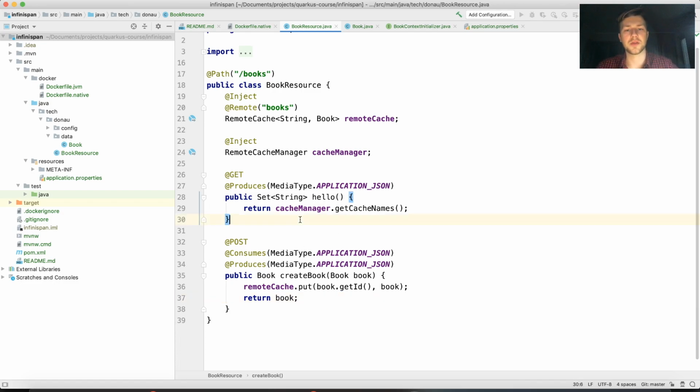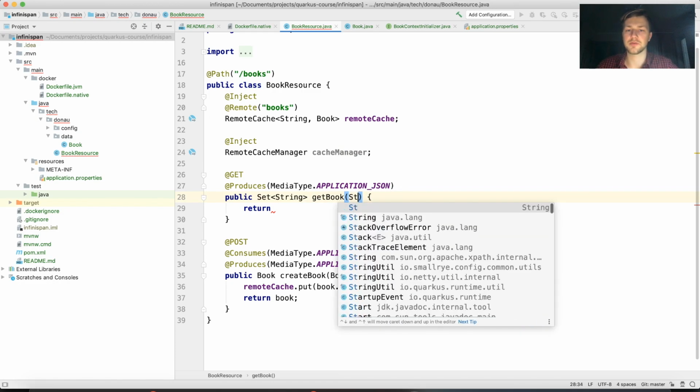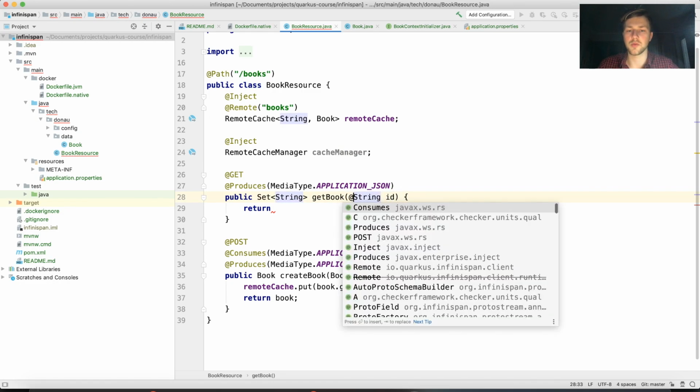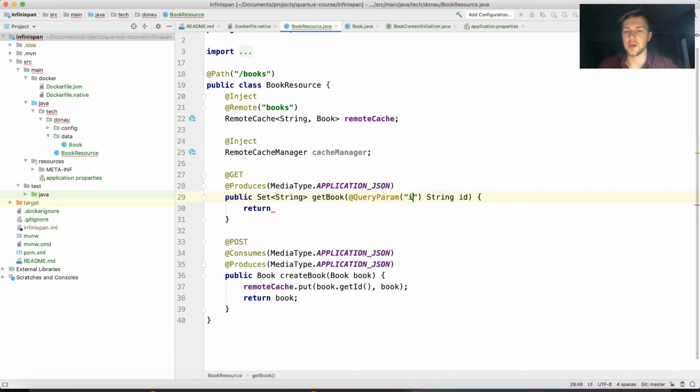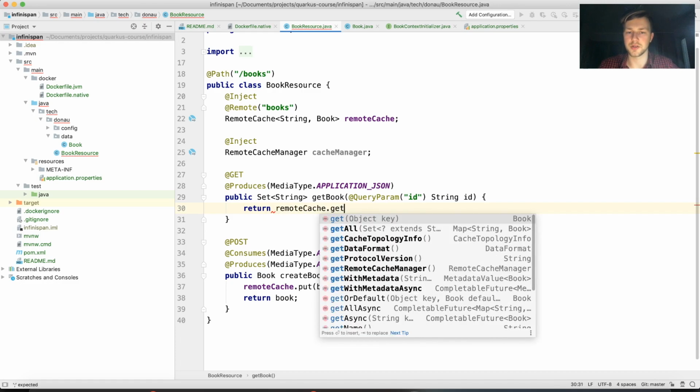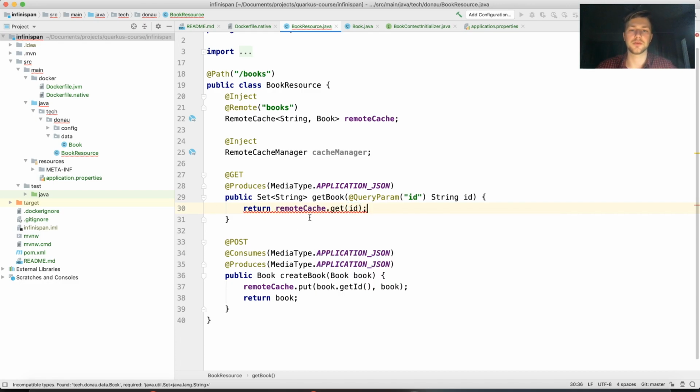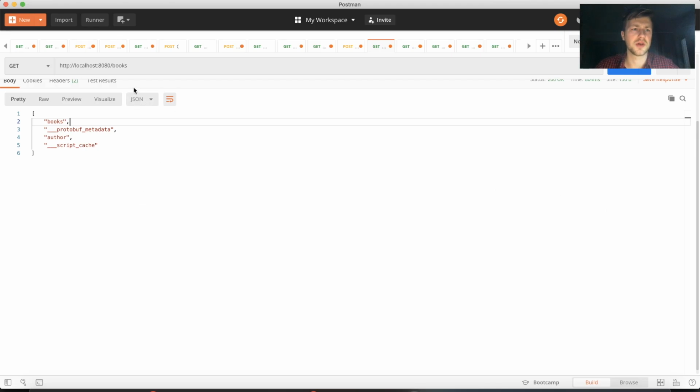So yeah, let's redo our get method here. So get book, and then we can specify a string ID, which will be a query param called ID, like this. So now we can get a remote cache get, and then put the ID itself. And of course we need to specify book as an output. So we can post a book, which will go to the cache and then reuse it back with the get method. So this is super simple, but